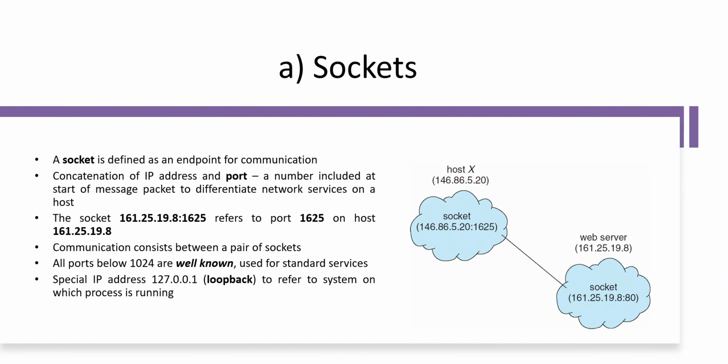Now let us understand this circuit diagram. On the left hand side we have the host X. Its IP address is 146.86.5.20. The socket on this host is 146.86.5.20:1625. On the right hand side we have the web server. Its IP address is 161.25.19.8. The socket used by the web server is